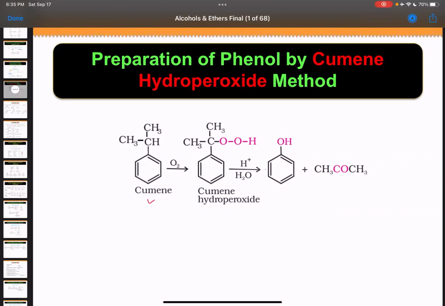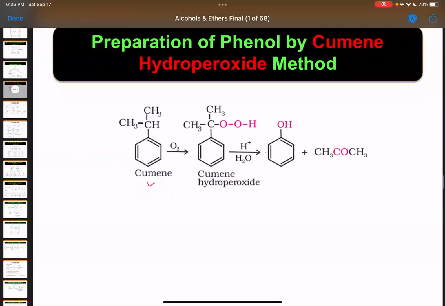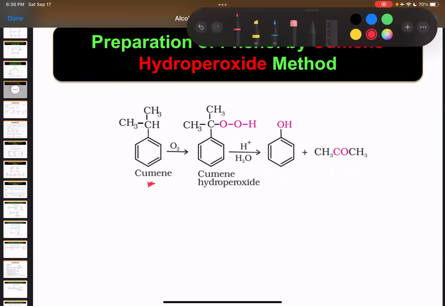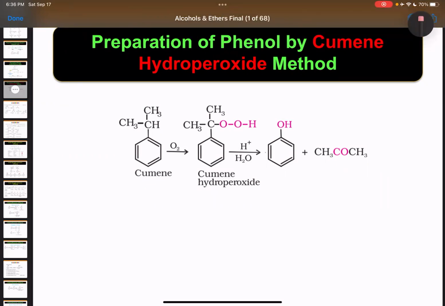What do we do in this cumene hydroperoxide method? So we oxidize and react it with H plus. No, actually, first, sometimes it is given directly as cumene. What is the other name for cumene? Cumene is actually isopropyl benzene, right? Yes, sir. In isopropyl benzene, what we do here is